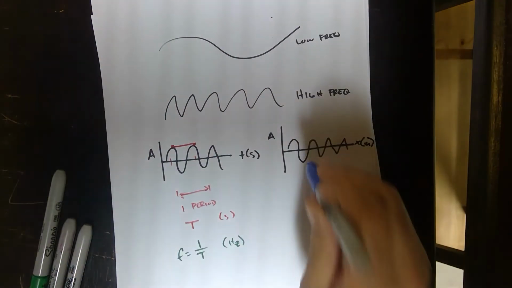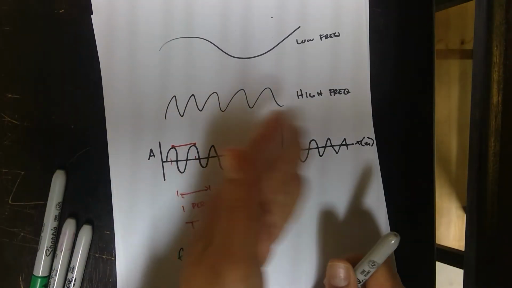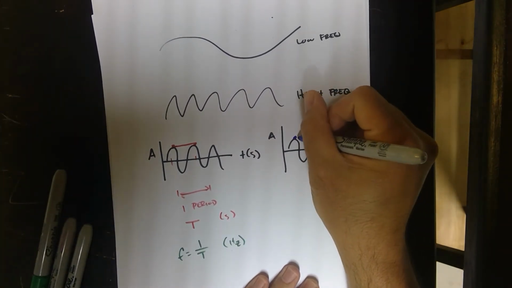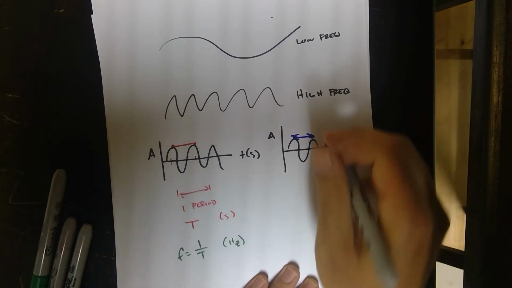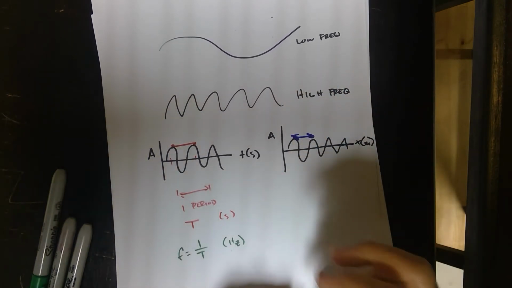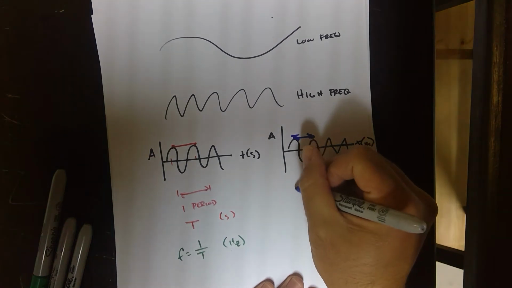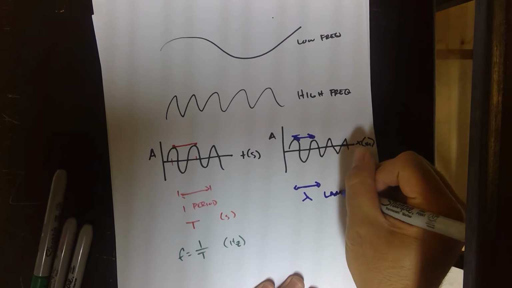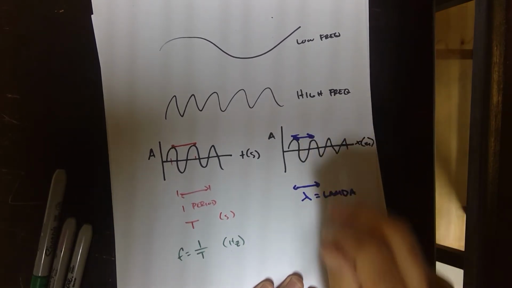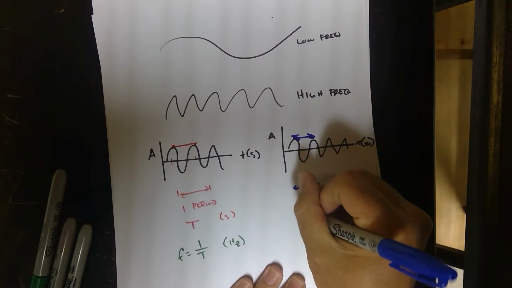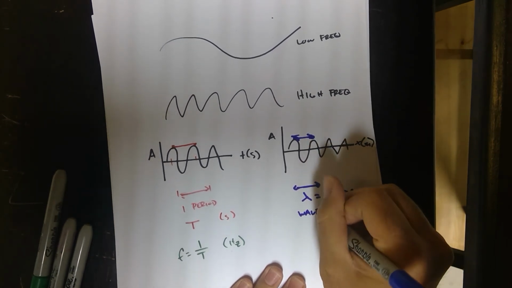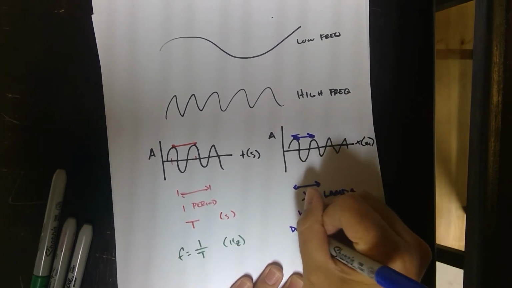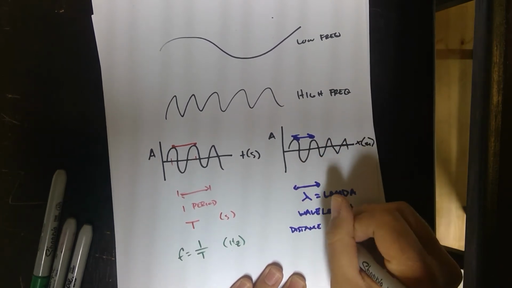Now, if we go over to this graph here, you may be given a graph of amplitude versus position. If you are, we still want to go crest to crest, but now this is a completely different measurement. This is a measurement in meters, and it's actually something we call, it's a Greek letter, lambda. That's the symbol for wavelength. This is wavelength here, and wavelength, basically what it means, it's the distance traveled